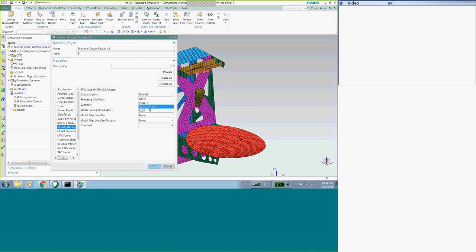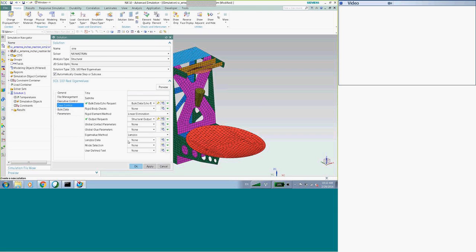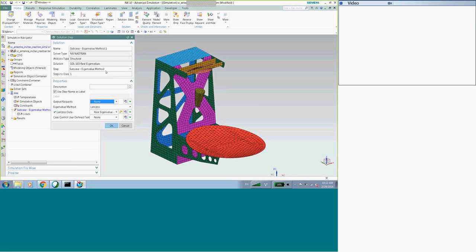I've been doing real eigenvalues, but there are other options also, right? Does it matter that much or not? If you use response sim, it might work for you. I can't remember it by heart. Hold on. The response sim works.